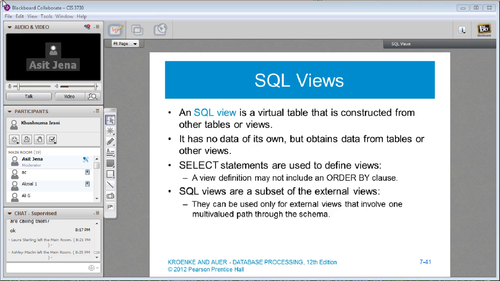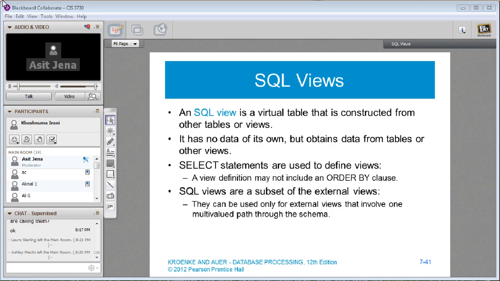That's the reason it's called a view: it is like a lens put on top of the database to give you only the things that you need. That's literally what a view is. A view gives you a subset of information without copying it into another table. A view may not include an order by clause. Okay, but you understand what a view is.